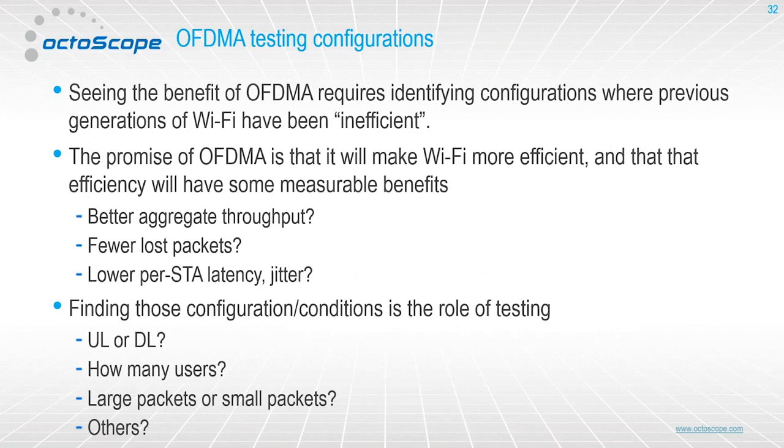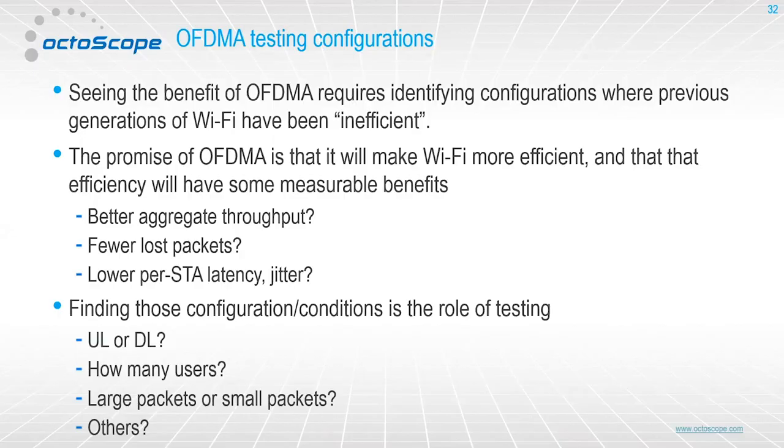So as we just demonstrated, you can really improve the overhead. You can reduce contentions and increase the efficiency. And so there is where you should start to see effects. So when we're doing our testing, what we have been really hammering on from our side and trying to figure out what the correct test beds are and the correct test scenarios are, is trying to figure out what are those configurations where previous versions of Wi-Fi would have been inefficient and Wi-Fi 6 will be